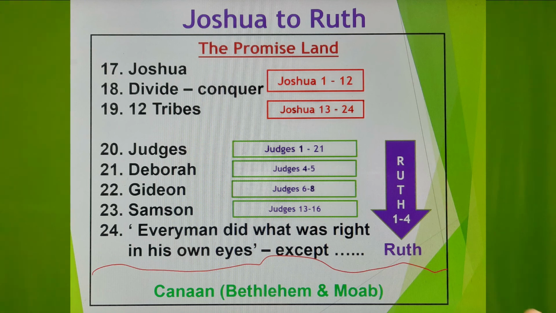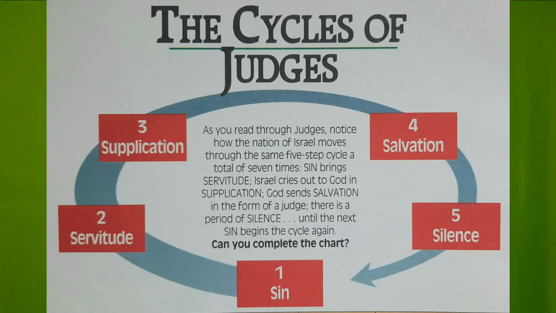Though the people promised Joshua that they would serve the Lord, they didn't do that. The people started worshipping idols, and in the whole book you will see how the people are sinning with idol worship. There is a cycle we can read in the whole book, repeated 7 times. They will sin, that means idol worship. Then God will punish them and they will be under slavery, as other nations attack them. Then they start crying in supplication, "God, save us."